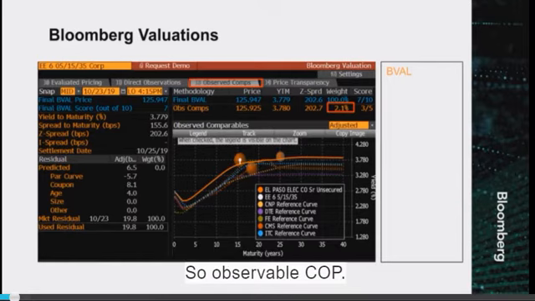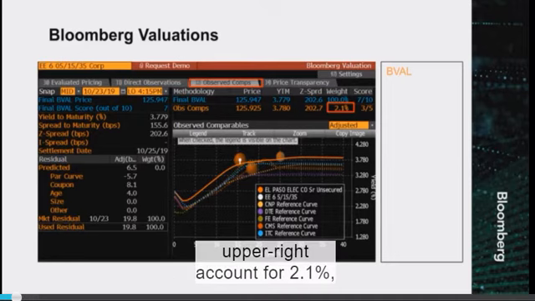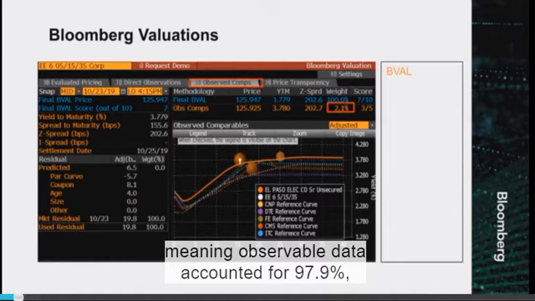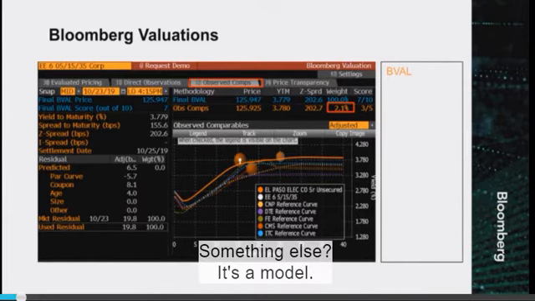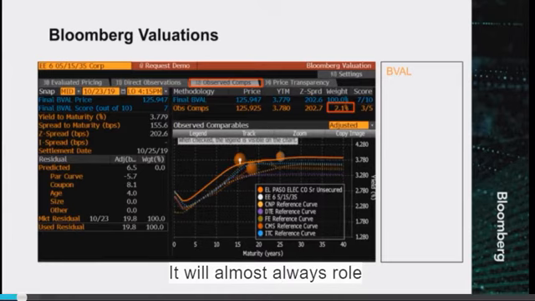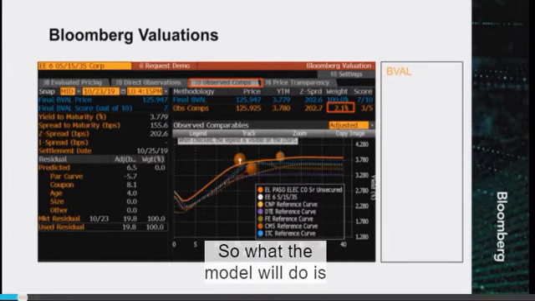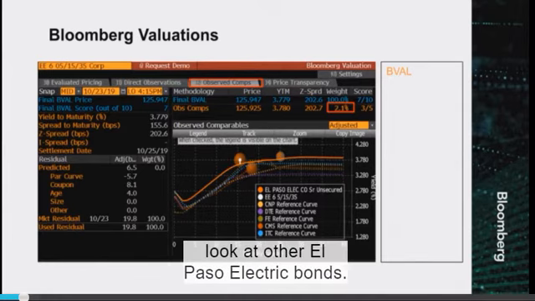Observable comps. And what you'll see is that observable comps in the upper right account for 2.1%, meaning observable data accounted for 97.9%. And then the balance is filled in with something else. So what is that something else? It's a model. And in the case of investment grade, it will almost always roll to this observed comps. So what the model will do is look at other El Paso Electric bonds,